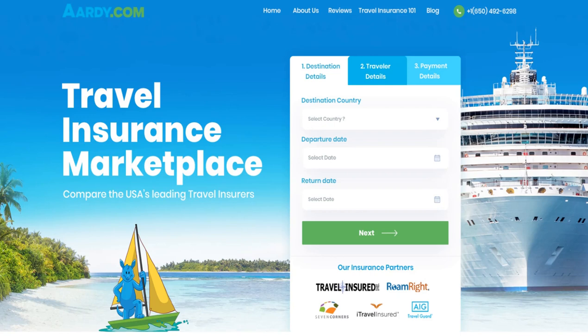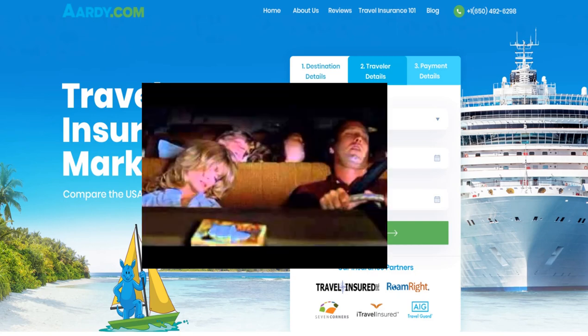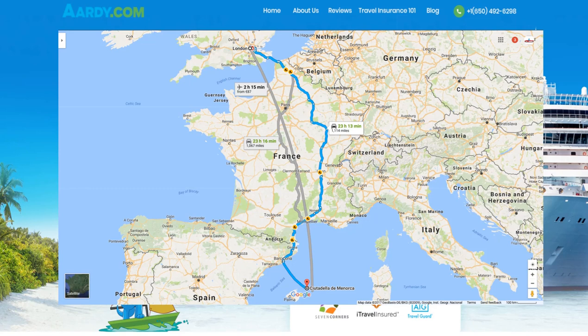Our intrepid adventurers started out at 5 a.m. in London, England, with a car full of luggage, fully fueled and with a number of sleepy family members, all set for a 1,100-mile trip to the island of Menorca, one of Spain's Balearic Islands, which is in the Mediterranean Sea. The first part of the trip was a gentle drive from London to Folkestone to travel across the English